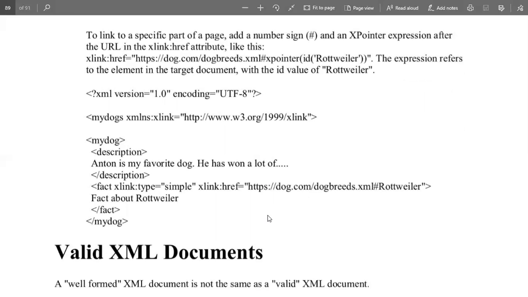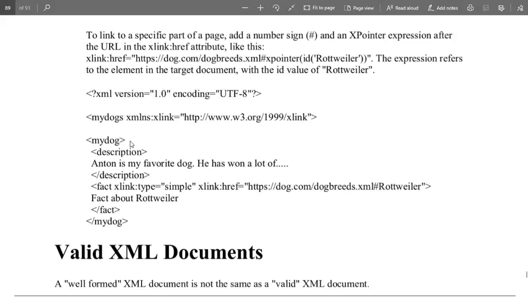That helps in identifying which particular ID you want to add on, and at which position you want to link. So let's discuss this one also with the help of an example. Firstly, the XML version and encoding as in the previous document. Next is the XML XLink. Here the namespace is referred to because we will use the XLink concept.